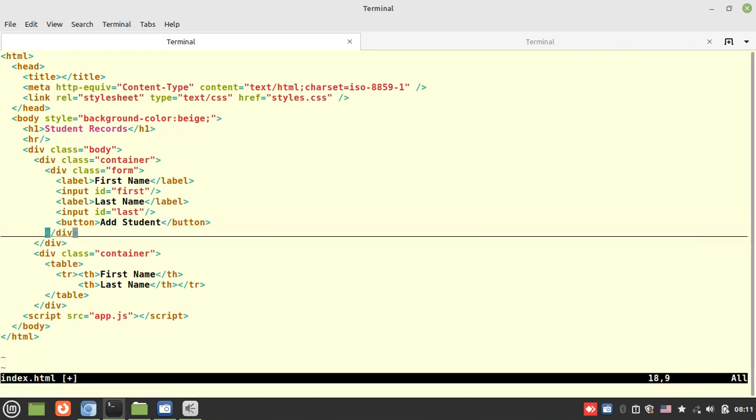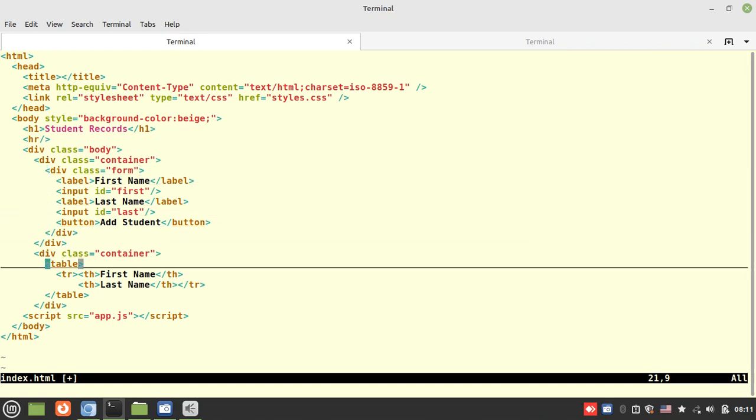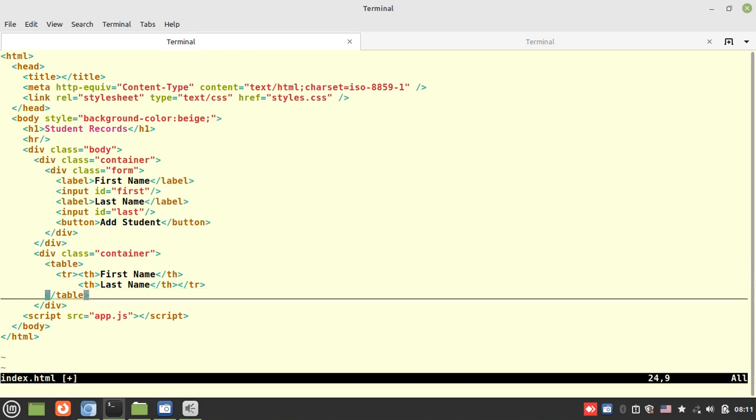Okay, this is a plain HTML where I am adding a form, two containers to the page. The first container contains the input form and the second container contains the output table. So now we will begin to add the